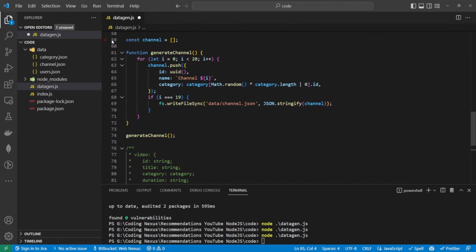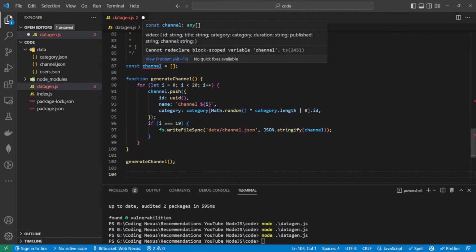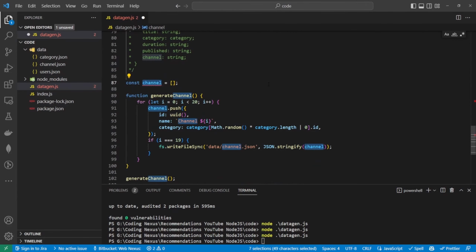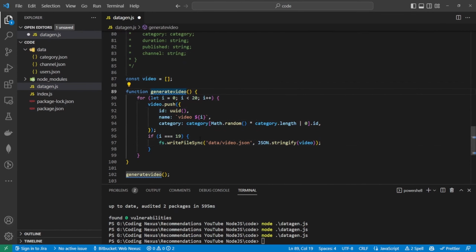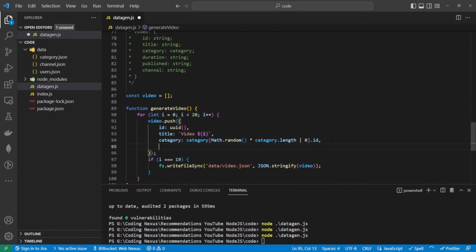So let's just copy this back down from here. Might as well use this as it's working. We'll change channel to be video. So let's copy that and replace all of these with video. Just to update this here to capital V, capital V, capital V in here. So we need to add, we have ID, let's get rid of name and call that title. We have category, duration,